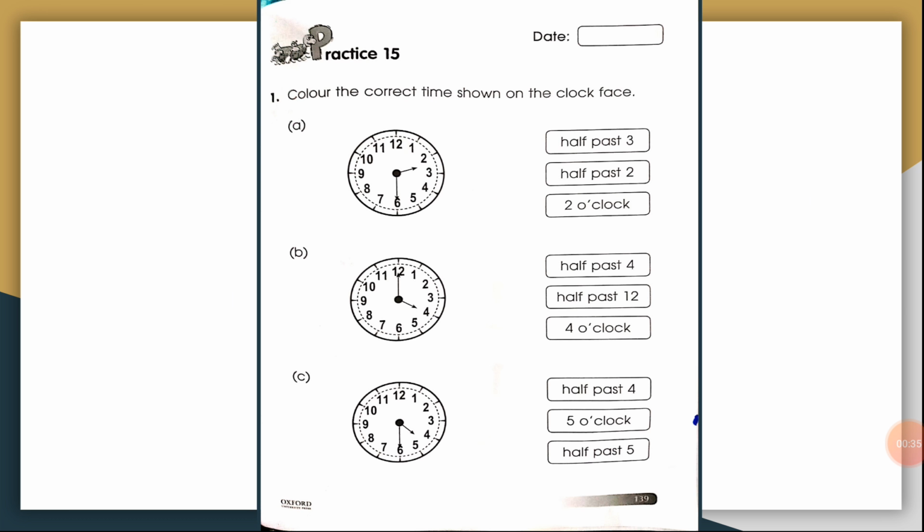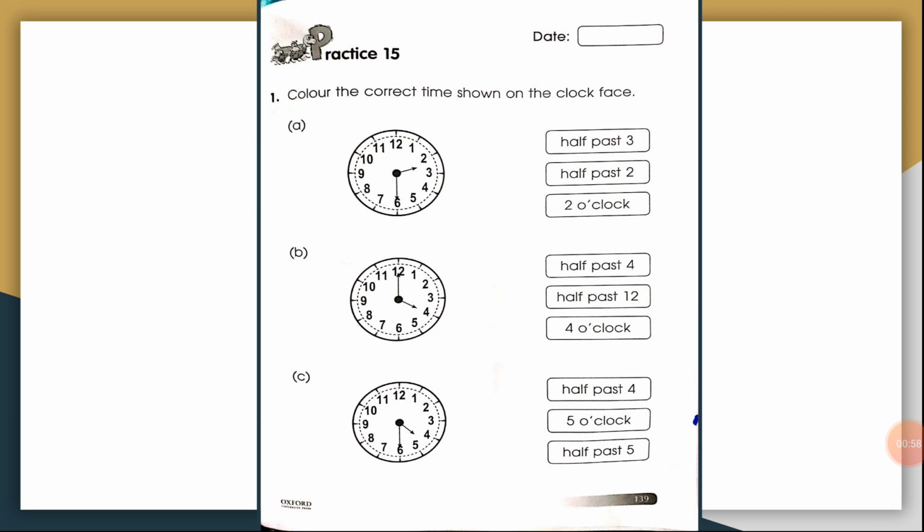Now all of you open your workbook 1B, page number 139. Take out your pencil and any one color. If you don't have a color, you can use your pencil for shading.